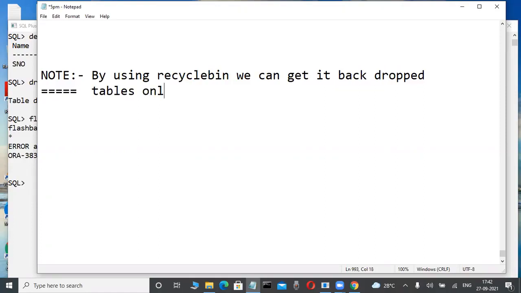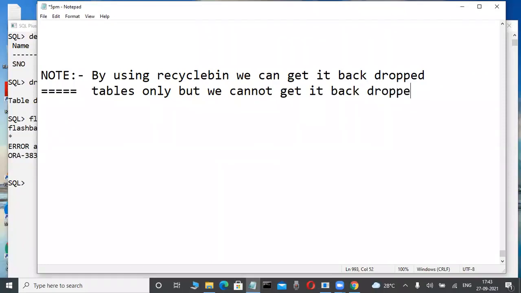Dropped tables only, we can get them back. But we cannot get back